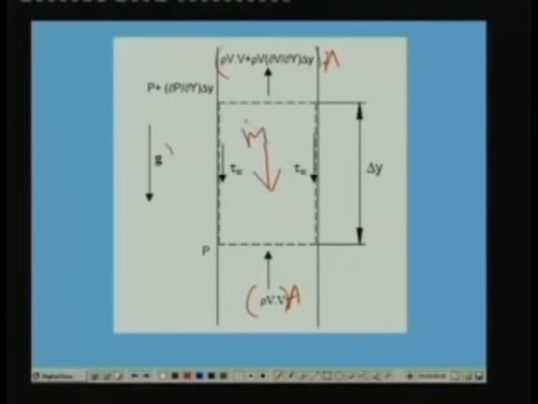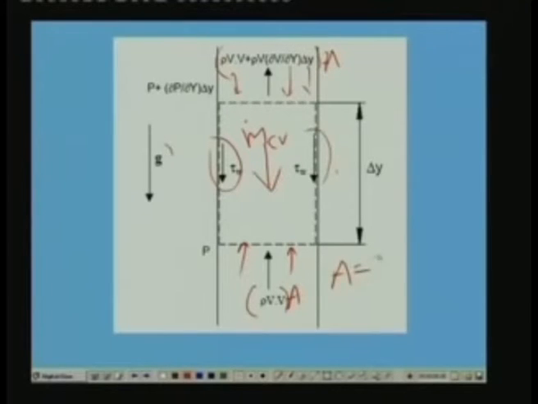Let us say this is the force due to the mass of the fluid in the control volume. This is one force, and you also have the force due to shear stress at the wall of the capillary tube. This also acts in the opposite direction; it tries to retard the flow of refrigerant. So this also acts in the downward direction, and the pressure acts at the inlet of the control volume in this direction, and at the outlet the pressure acts in this direction.